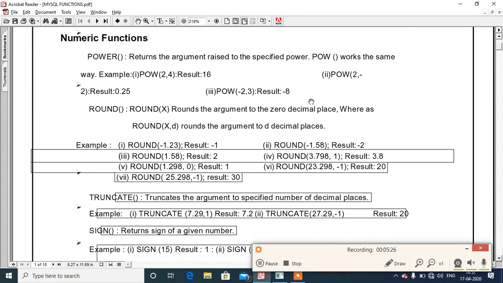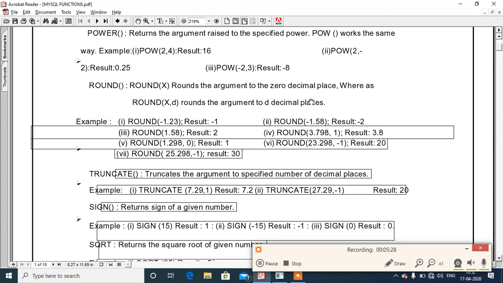Next function is the truncate function. Truncate function is also used like the round function, but the difference between both of them is that the truncate function doesn't round up the value, it will discard every value after the decimal point. I'm not giving its example, you can see it by yourself. Then after, the sign function. Sign function returns the sign of a given number.